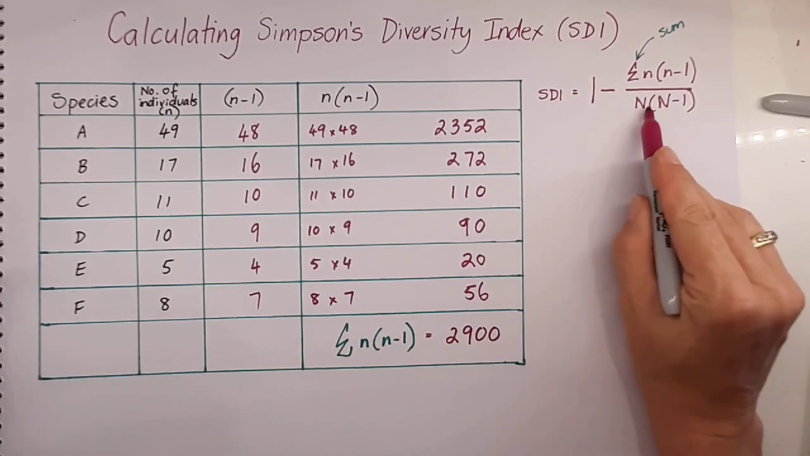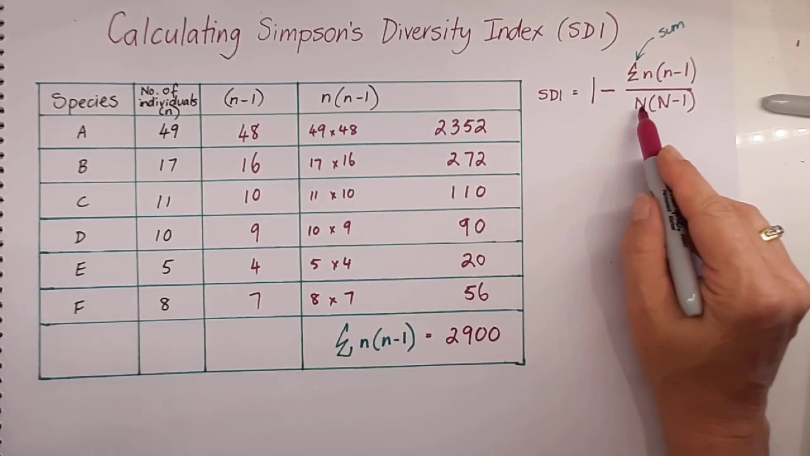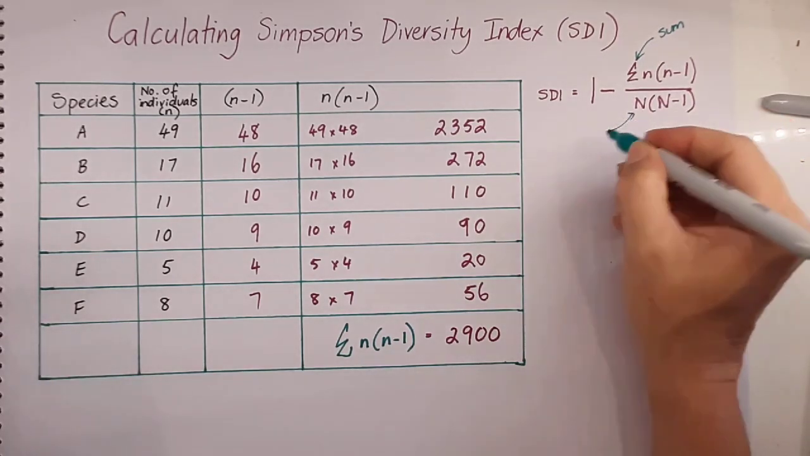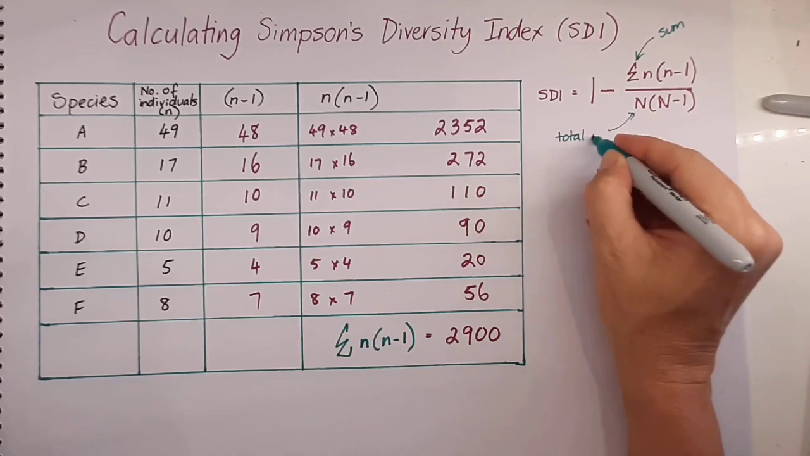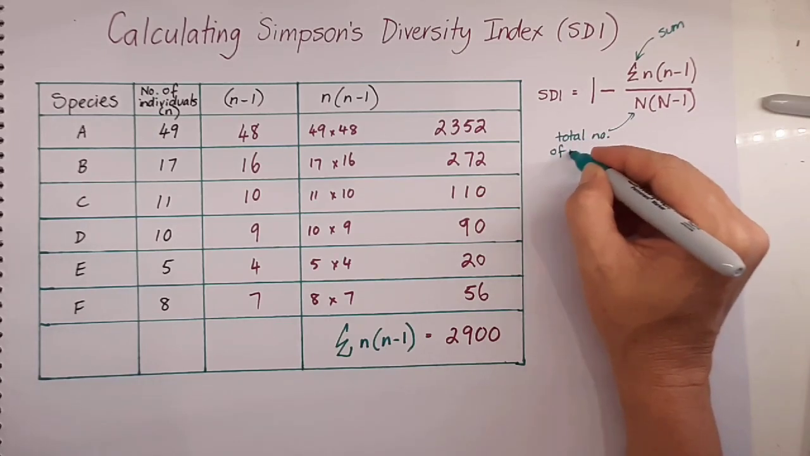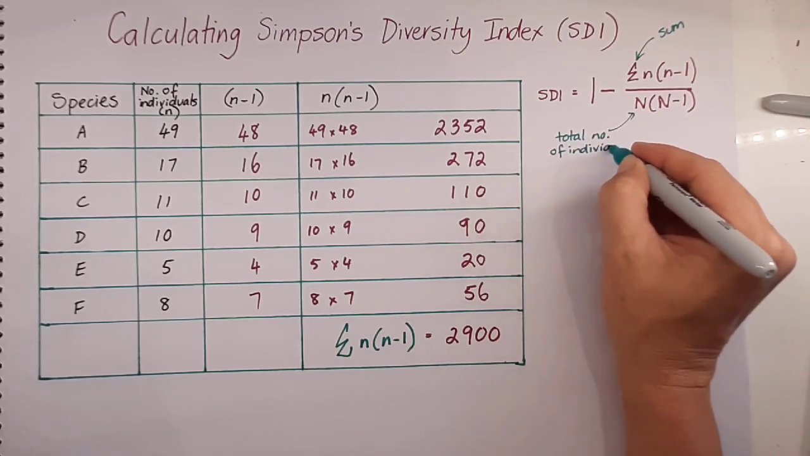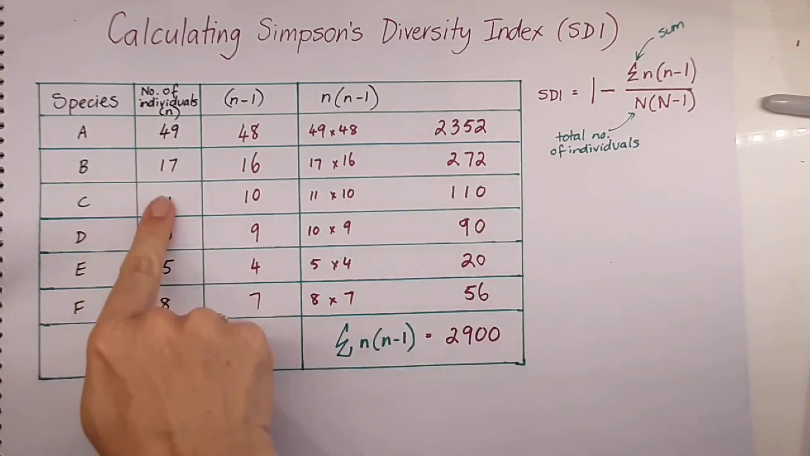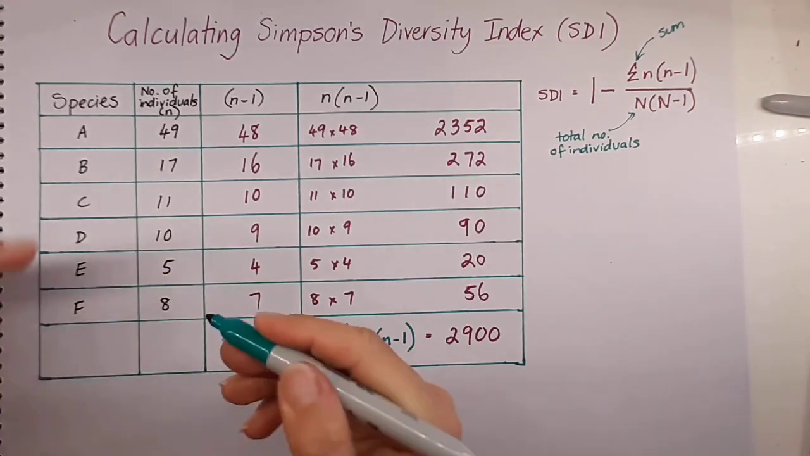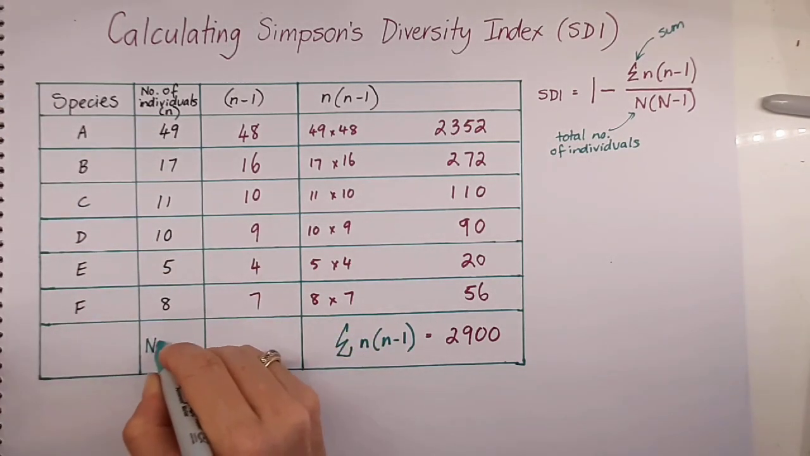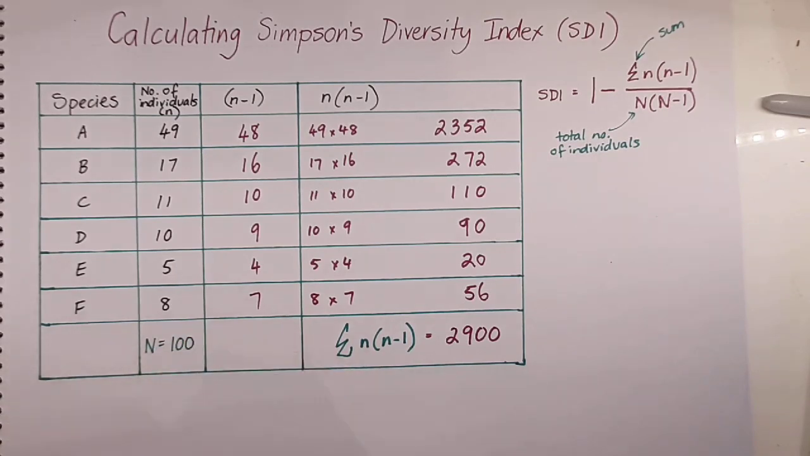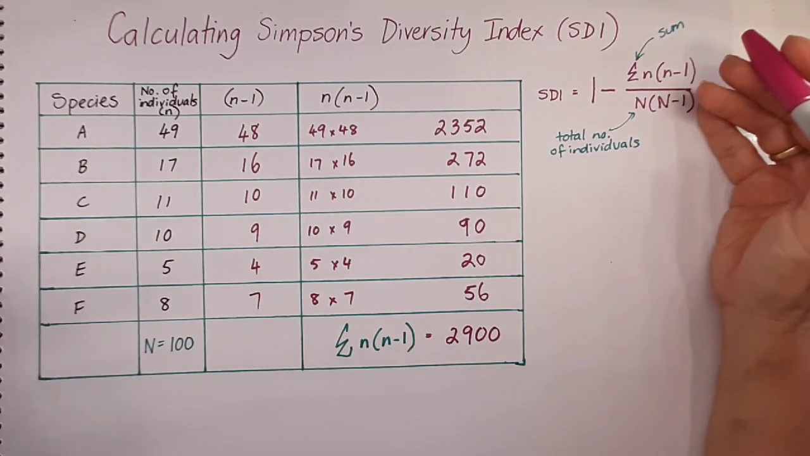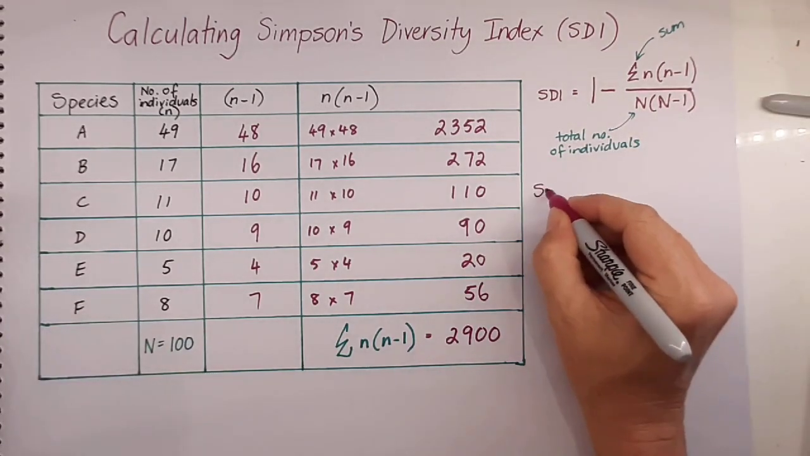When we look at the capital N, that's asking us, well, how many individuals were there in total? So this stands for the total number of individuals in that one sample. So in this case, we're going to add up all of these numbers here. And so in this case, if we add all those up, N equals 100. So we have the information that we need in order to use our formula. So if we go back to it, we've got SDI